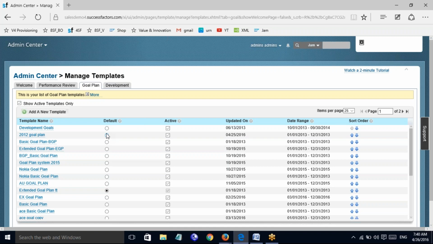So why did I say it should be only for new employees? Because there are employees existing in the company having their own default goals.